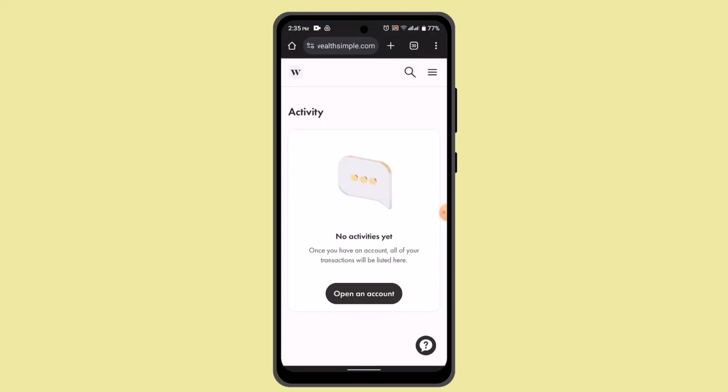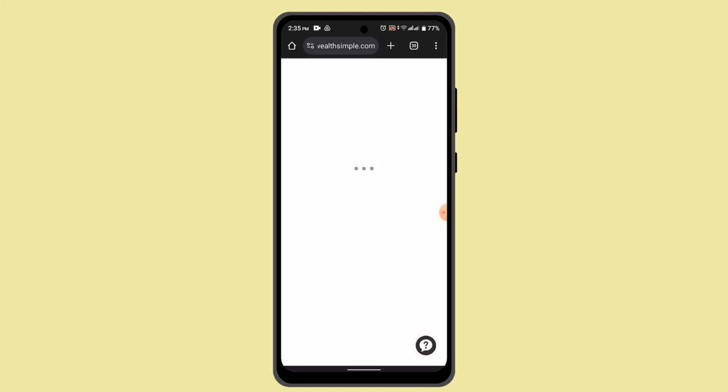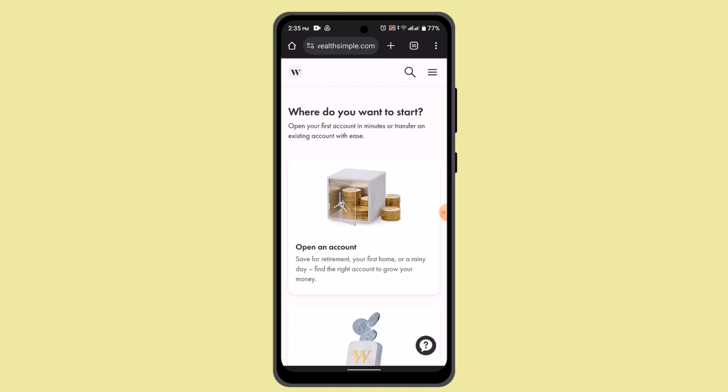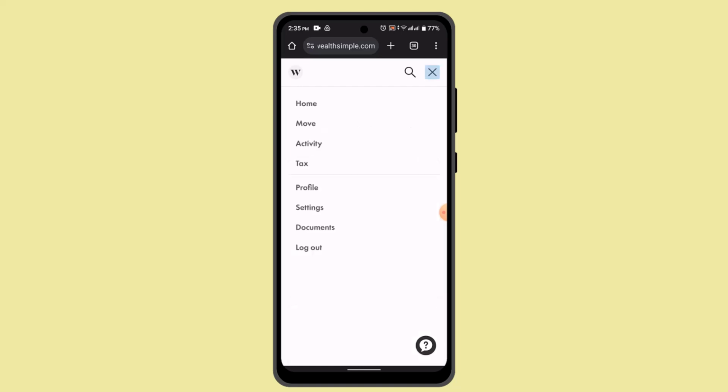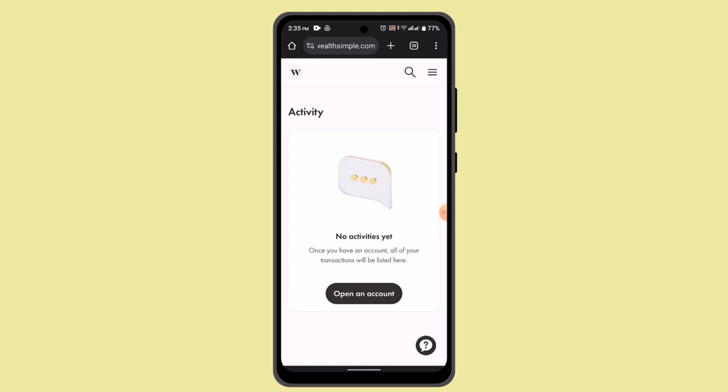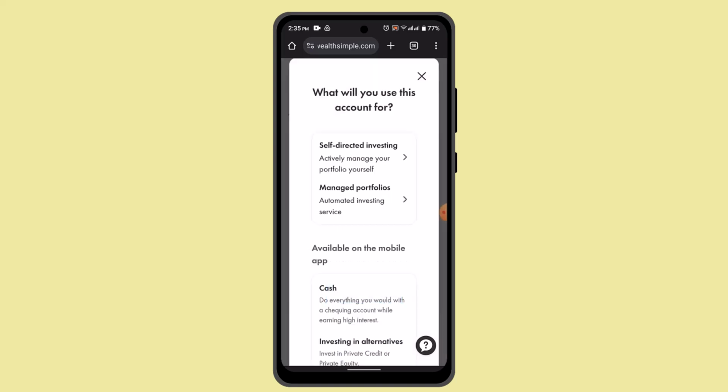your Wealthsimple account. When you're logged into your account, that's going to take you to the home page, which is going to look something like this. Right on this page, you have to go ahead and select your cash account. So for that case, tap the trap bar icon and then go to activity. As you click on activity, go ahead and tap the login button. In my case, I don't happen to have a cash account, so the interface might be slightly different. So when you do that, you'll be able to log in into your cash account, and after that you can